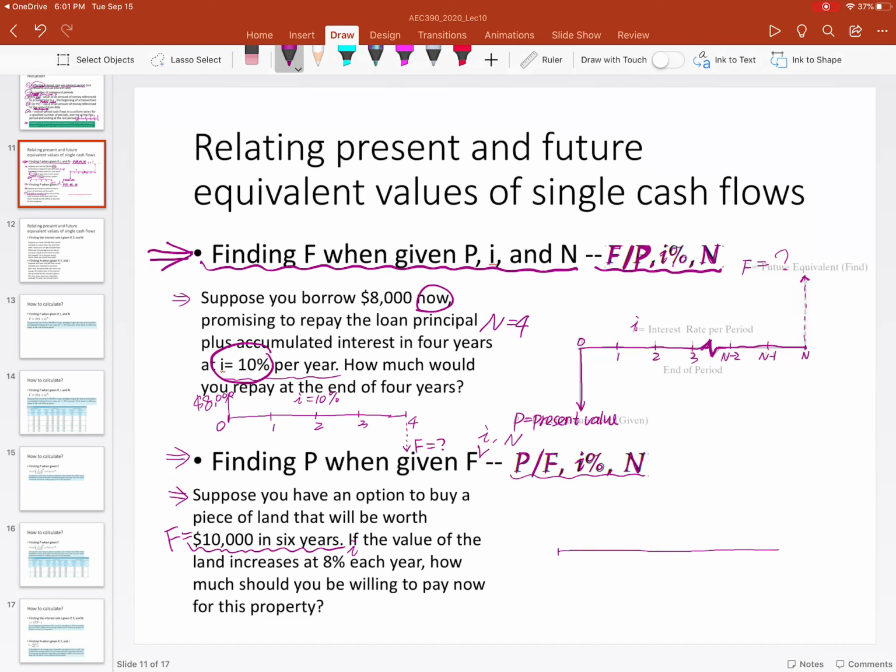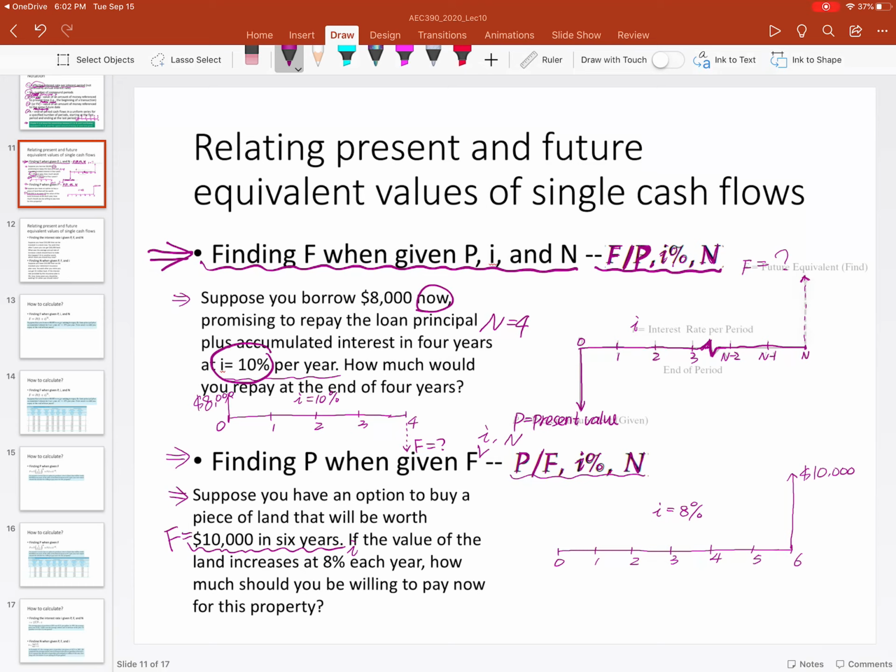And the diagram you can draw from your point of view will be the timeline 0, 1, 2, 3, 4, 5, 6. That's the 6 years. And then the interest is 8% each year. So I is 8%. And you know that the future value of that piece of land will be 10,000. So you can sell that piece of land for 10,000. That's your income. So it's an arrow going upward,